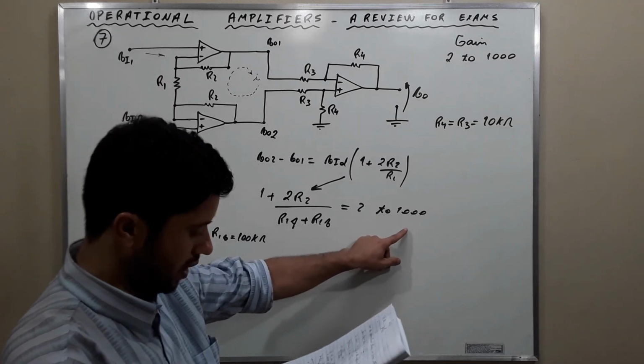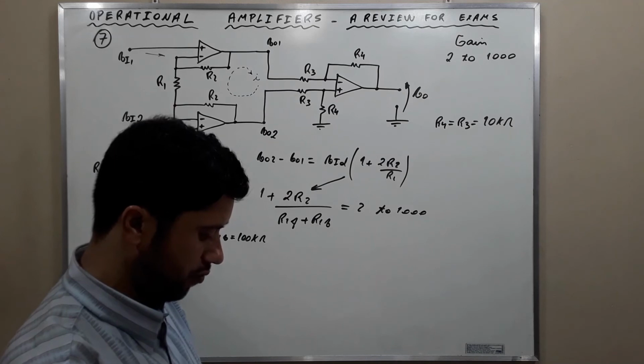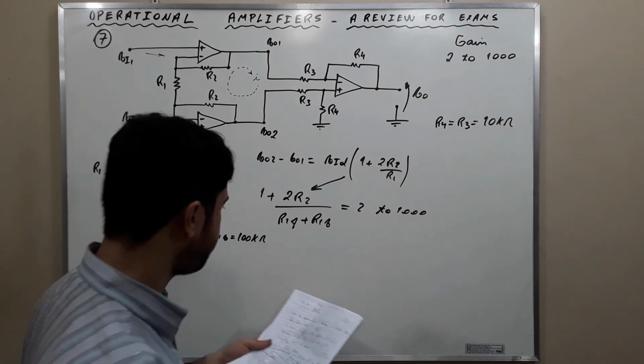The maximum gain occurs when the denominator is the smallest possible. That is,